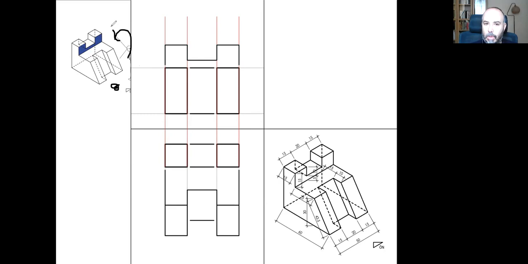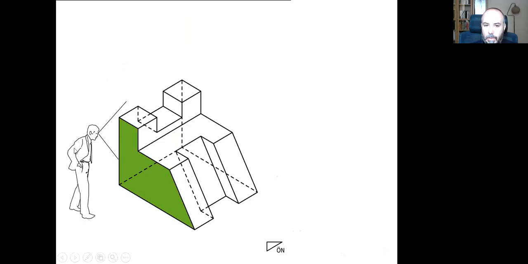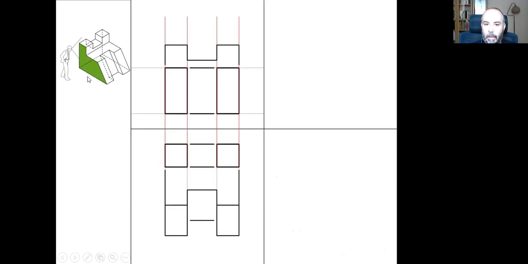So we need to change our position so that the man will be standing here and looking at this direction, and he will be seeing the right side. Now let's do the left side, and this green surface is the only surface he sees. And let's check it here. This edge, the upper edge, this one, this upper edge is this one, this edge here, and then you can see this edge is this one here, and